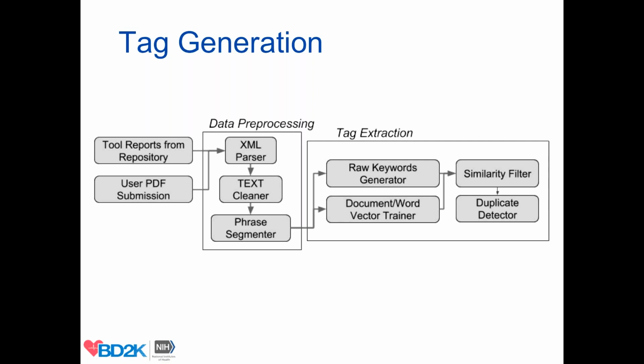The module of phrase segmenter is optional to combine words into phrases for optimizing the keyword extraction. Then we use the rake to generate about 50 raw keywords or phrases for each document, and also train document and word embeddings at the same time with doc-to-vec. Now this doc-to-vec is different from the one we mentioned before. This doc-to-vec is optimized version of word-to-vec introduced at